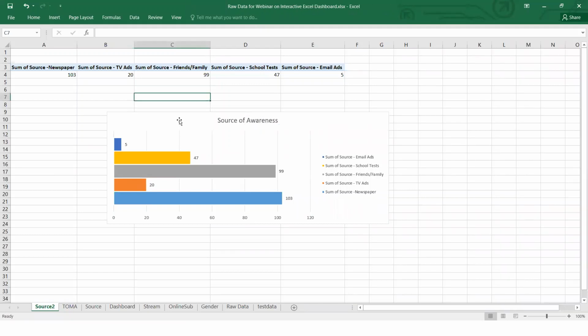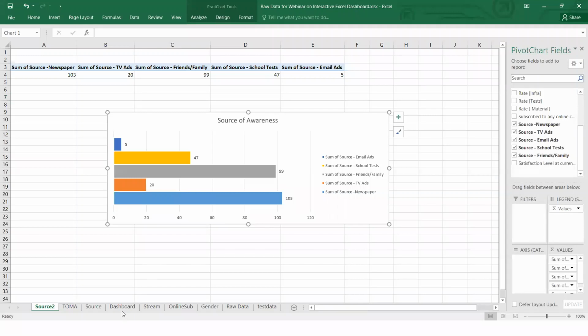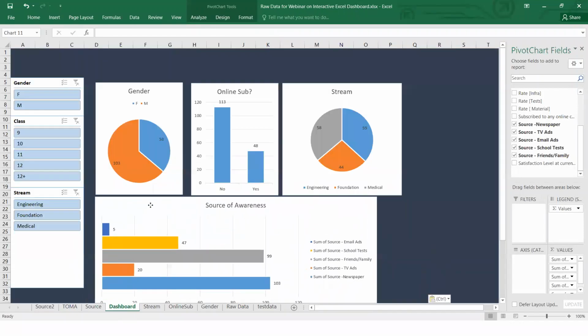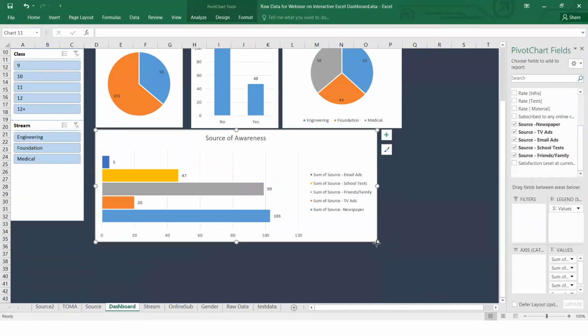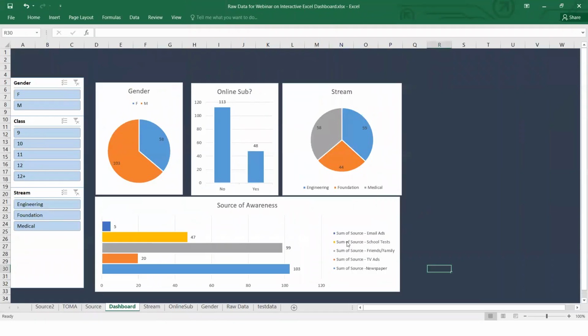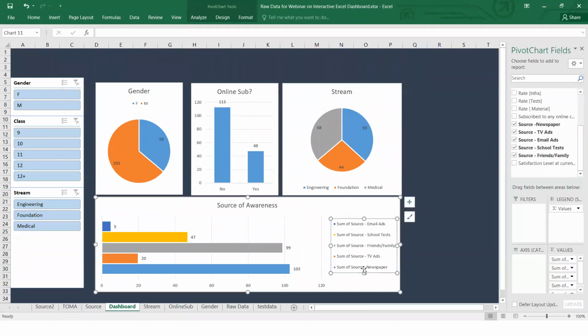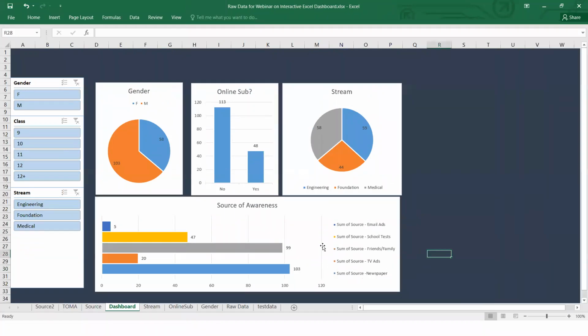Okay. Just copy this chart now to the dashboard. So here it is. Make it fit to your dashboard. And just drag it.